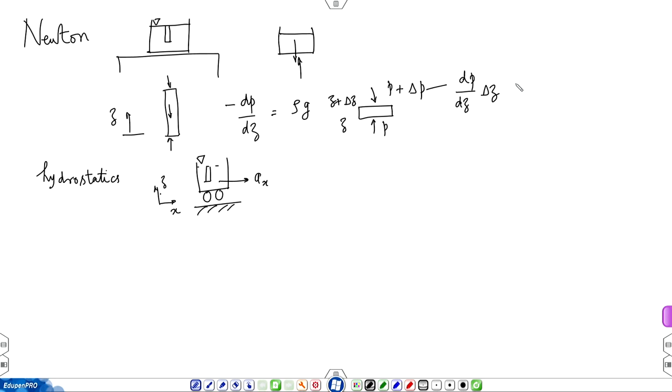So, underlying this development is a mathematical structure called Taylor series, which assumes that the function p is differentiable. So, with the same logic, now you can apply pressures on the left face and the right face of the fluid element and derive